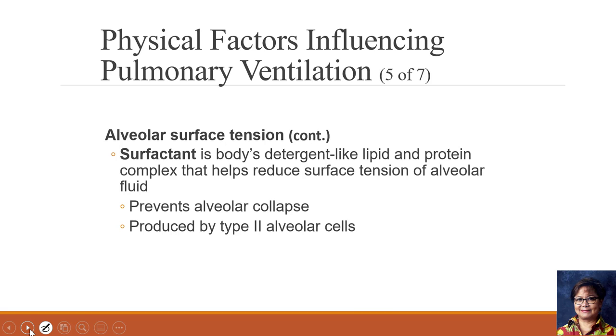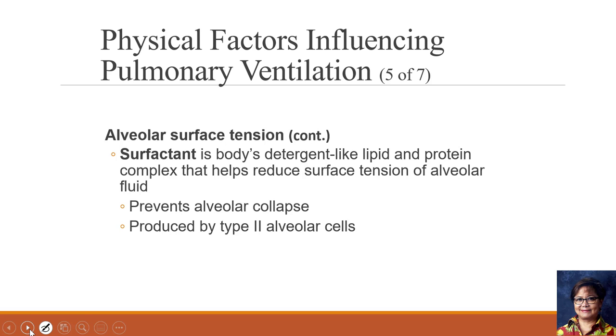When the baby is 7 months, there is less chance of lung collapse. However, when the baby is born really very early, like 6 months, the type 2 alveolar cells are still unable to produce surfactant, and therefore the baby is kept in an incubator with constant mists